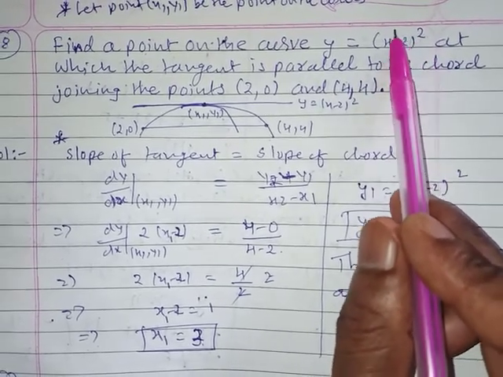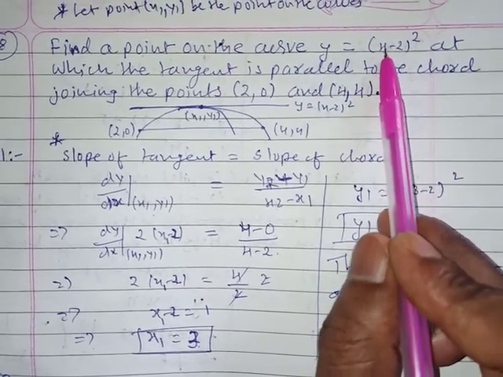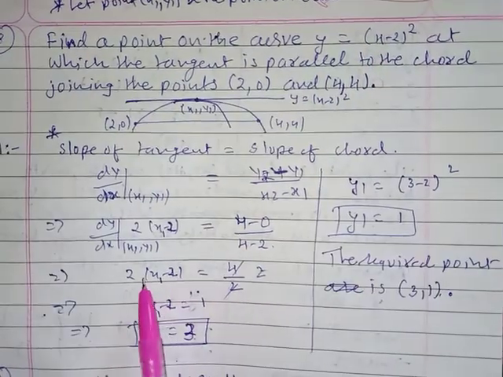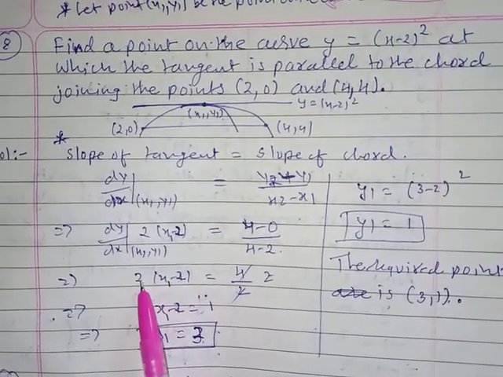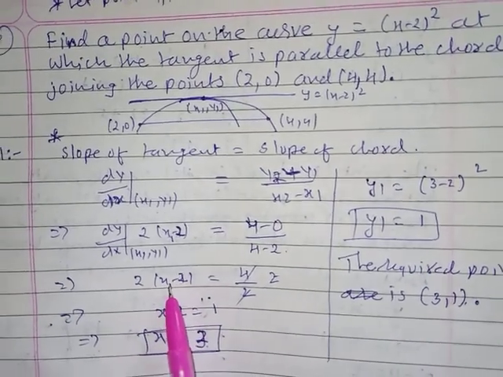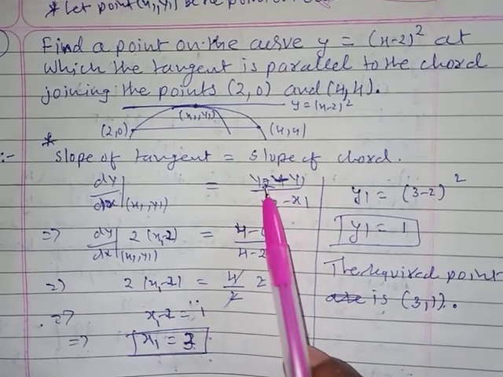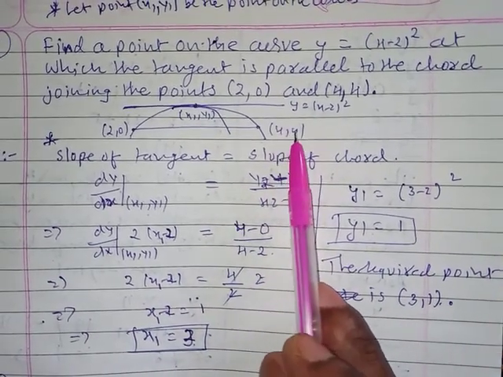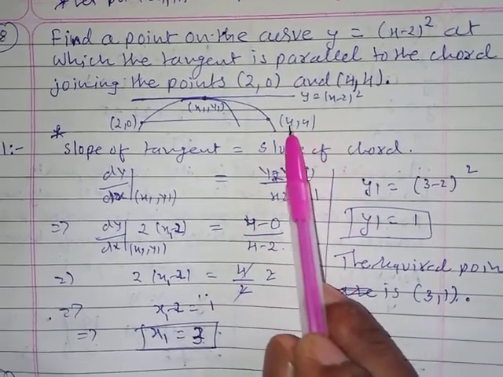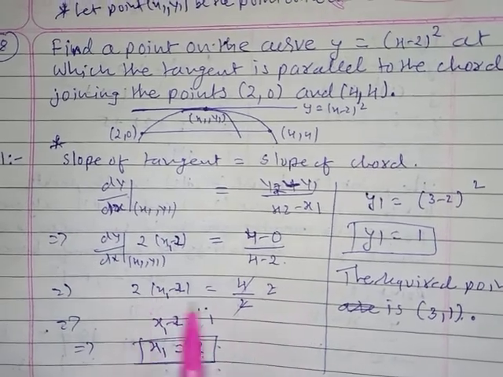Then again we have to take the derivative of this base, which is x minus 2. But x is 1, minus 2 is 0, so it will become 1. So therefore we will get the derivative as 2 into 2, that is, 2x minus x, 2 in the bracket, x1 minus 2, is equal to y2 minus y1, 2 points are given by 2. Is it? So 4 minus 0. Then 4 minus 2, 4 minus 2.